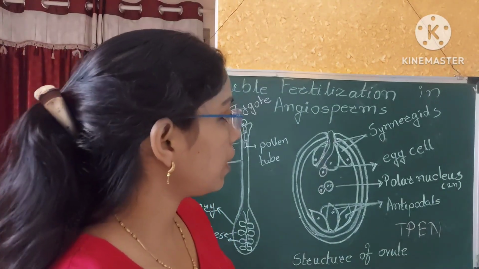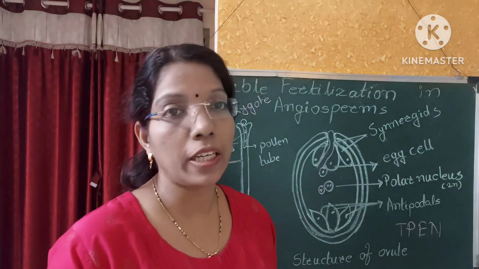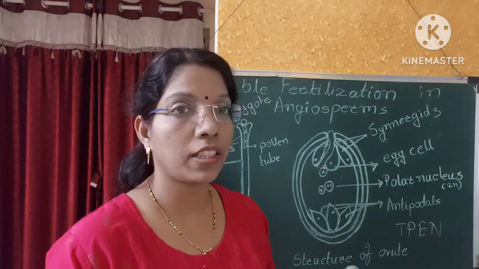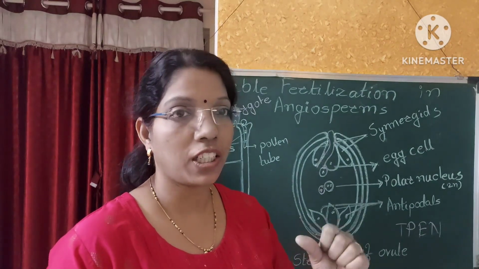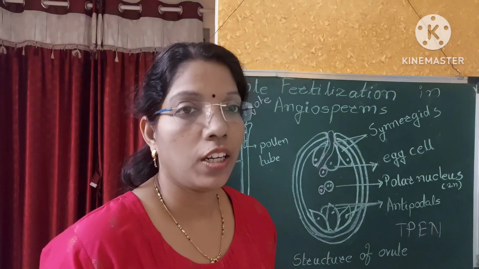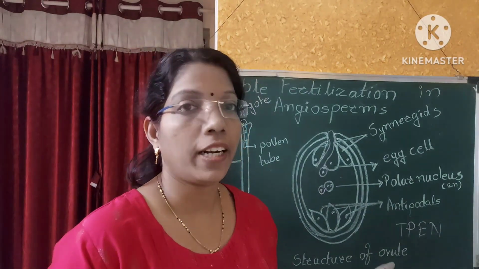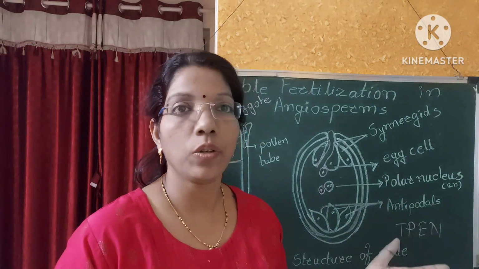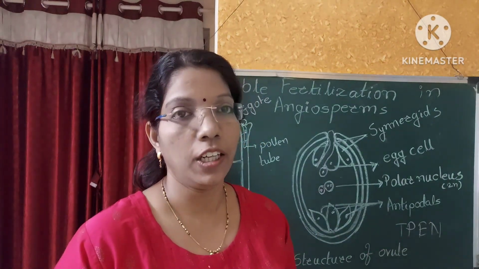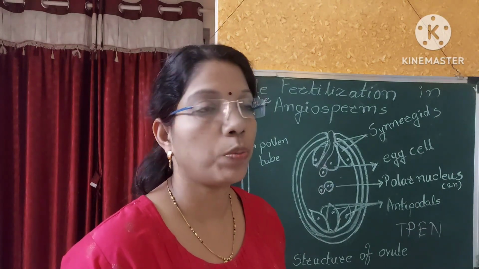So endosperm is a nutritive tissue and it is converted into stored food material in plants. Take a maize seed; when we crush it, powder is formed. That powder is the storage food material in the seed, and the endosperm is converted into stored food material in the seed, and that is the function of the endosperm. So that is the meaning of endosperm.